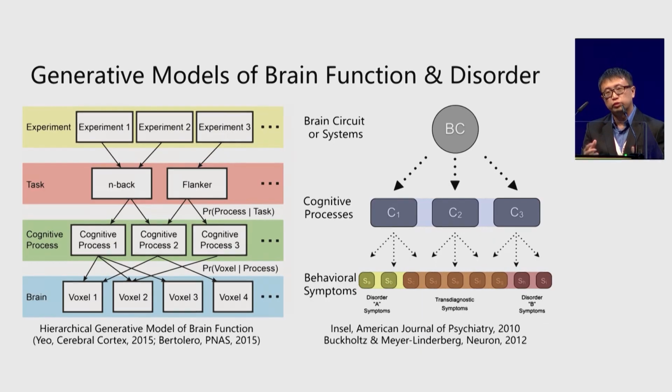Because this is a generative model, we can fit it to data, and in our case, we fit it to 10,000 experiments across 83 tasks from the BrainMap database. This allows us to estimate quantities such as the probability that a task will recruit a process, and the probability that the process activates a voxel. Once we have these probabilities, this can provide certain insights into the brain. For example, my collaborator, Maxwell Bertolero, shows that complex tasks, which are tasks that recruit more cognitive processes,